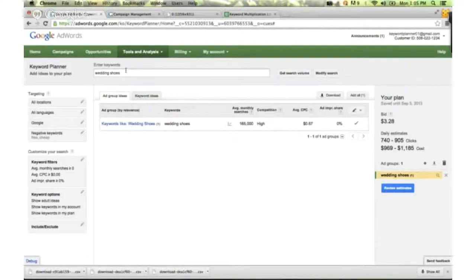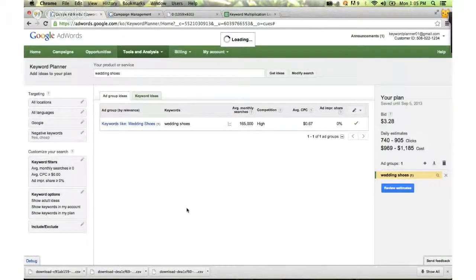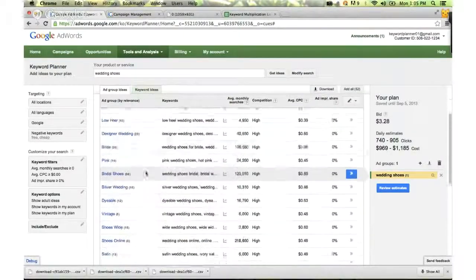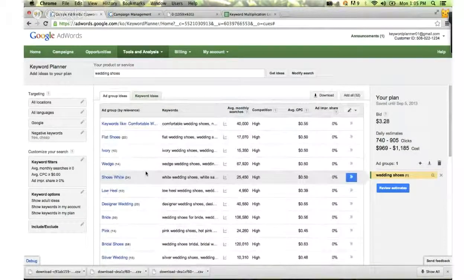Yes. So in my demo, I did one example where I added in a few negative keywords, but let's actually modify my search and do that search for wedding shoes again. As I'm going through the list, it's possible that you might find keywords that you actually don't want to show up against. So one example here, let's see. These all look good, but I think before we maybe saw some where cheap wedding shoes or maybe discounted wedding